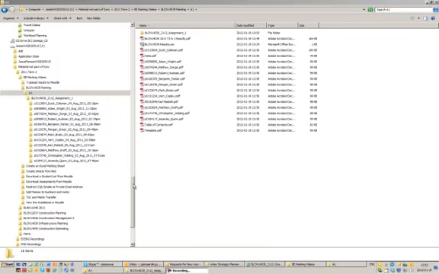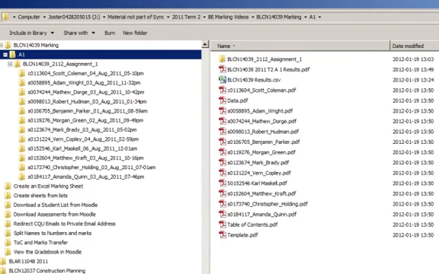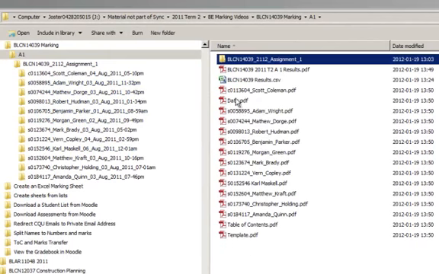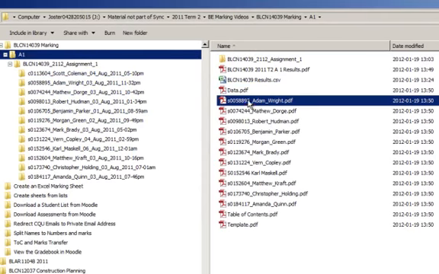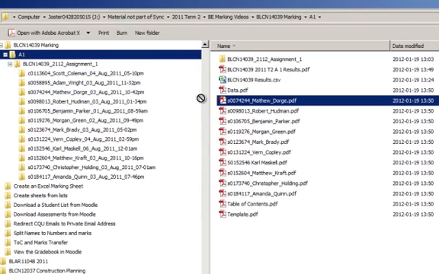So the easiest way to take the next step is to line up the left hand window with the right hand window. All that we have to do now is to make sure that we drag the files across into the relevant folders. So we're going to drag Scott Coleman and pop Scott in there, take Adam, pop Adam in there, and we